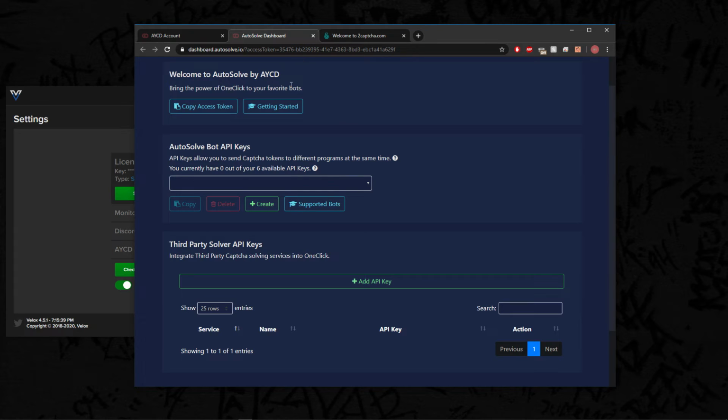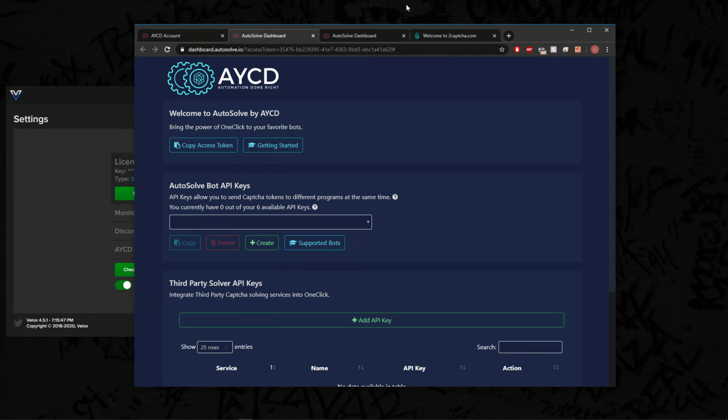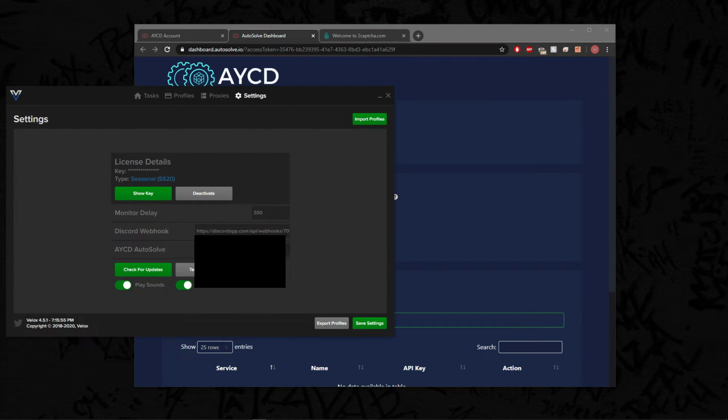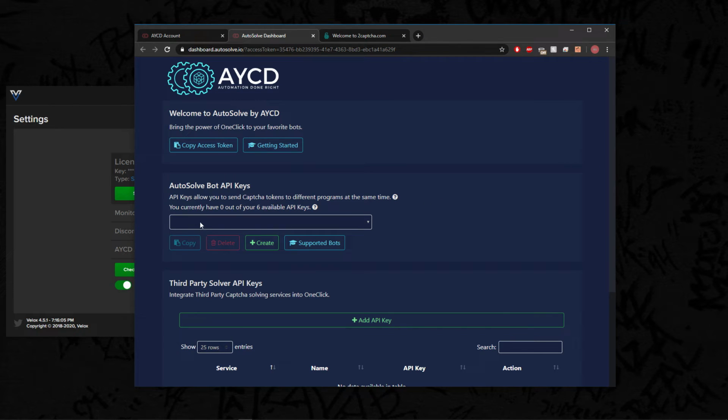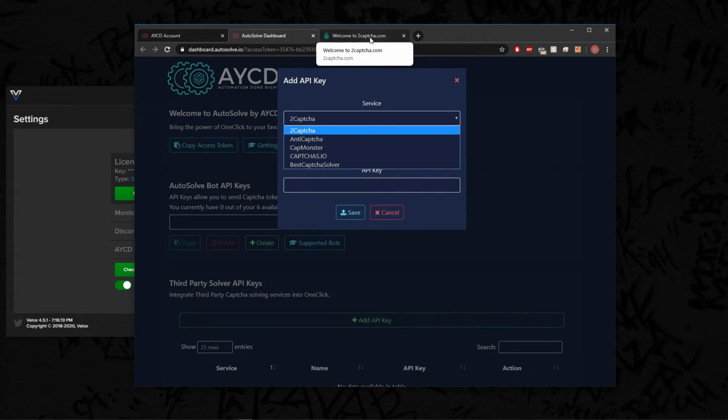Alright, so how to do it is you go into your AYCD account, AYCD AutoSolve. If you have this, you have to have Toolbox as well. Go to Dashboard. You're in the dashboard here. Starting off with, you have to copy this access token, and you're going to have to put it in here. And make sure you add a colon at the end. So add a colon, and then you have to add an API key. Select your service. So I have 2Captcha personally. You have to make an account on 2Captcha and top up your account, and then copy your API key from